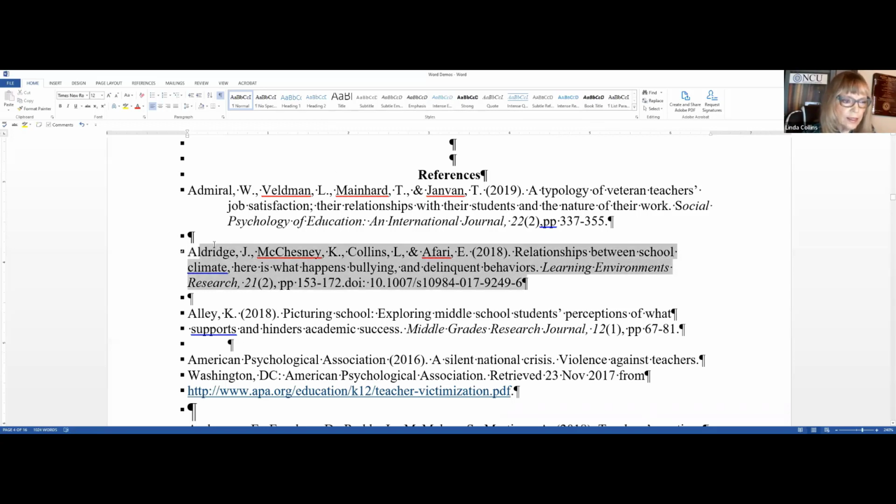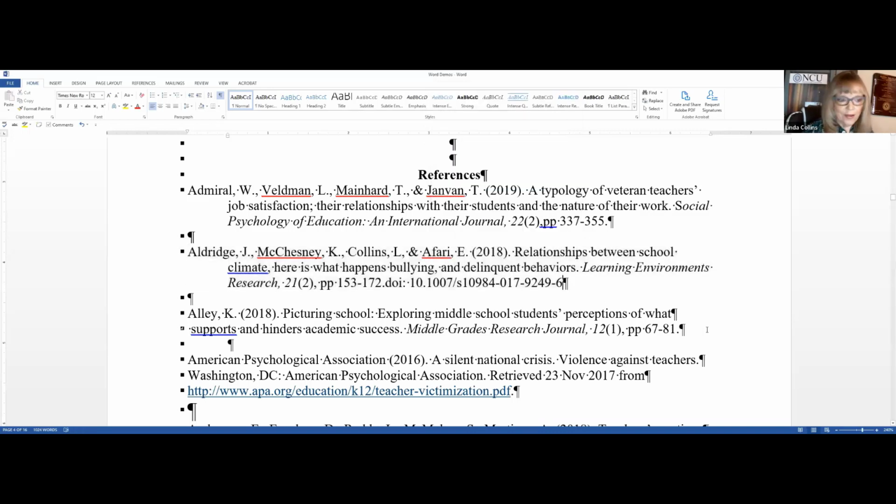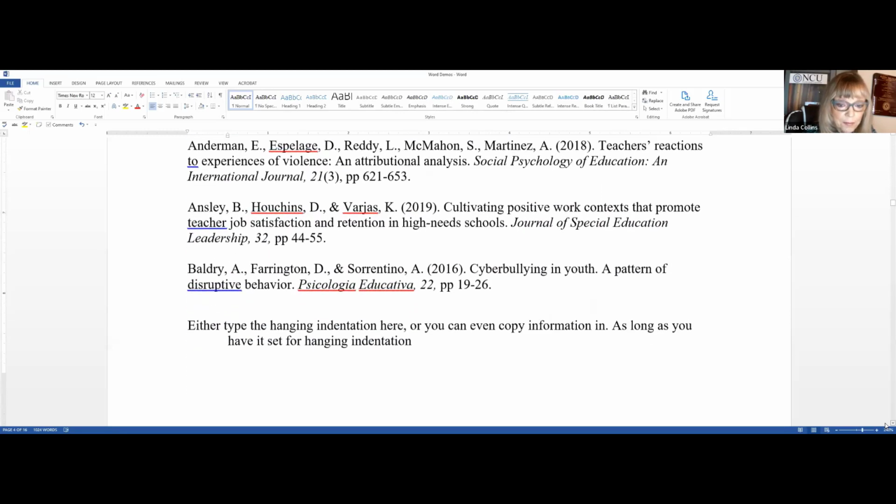Again, you need to have it highlighted. If you're doing it after the fact, then you need to go to paragraph. It says done. Then we go to hanging indent, and voila, there it is. So now I'm going to turn off the codes because they can get confusing. And you can see the difference between how these look with the hanging indentation and without the hanging indentation, except